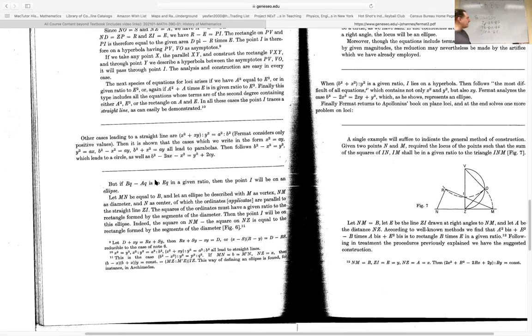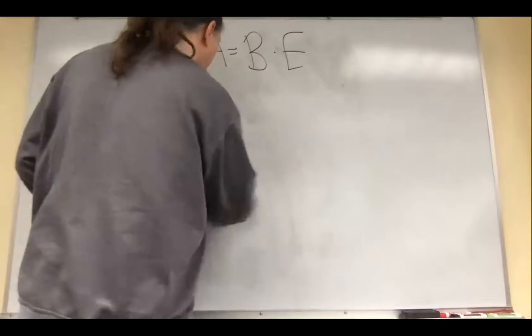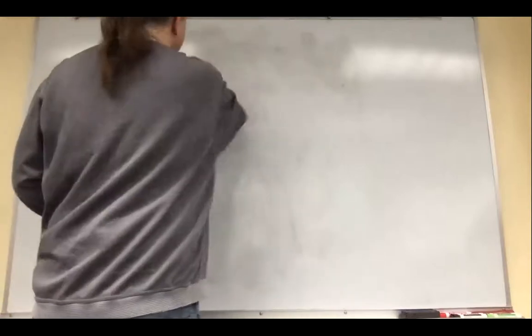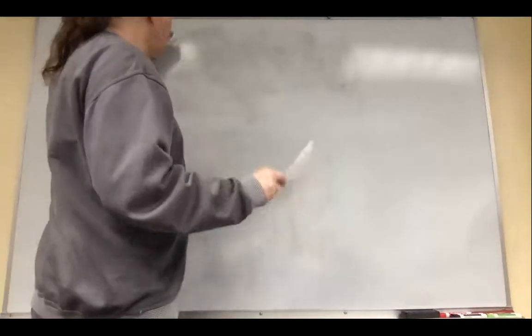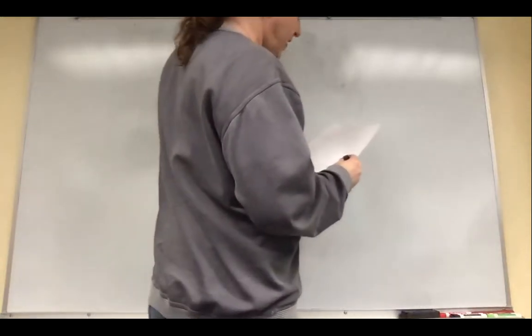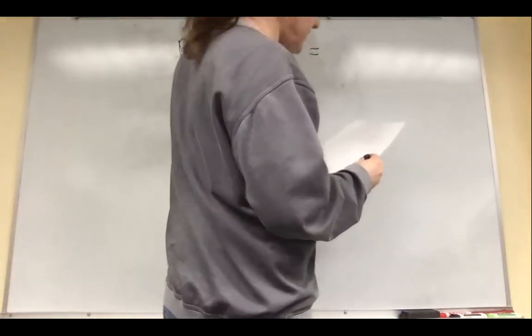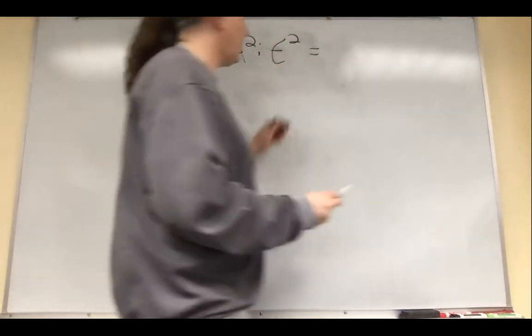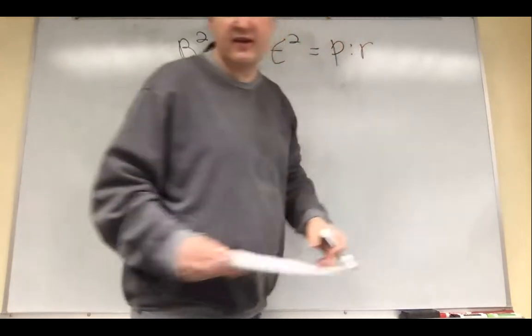So what he really has here, and yeah, I think I will turn this off for now, is B square minus A square is to E square according to some ratio. So we could say as P is to R, but